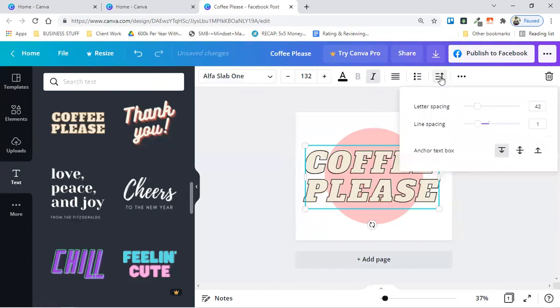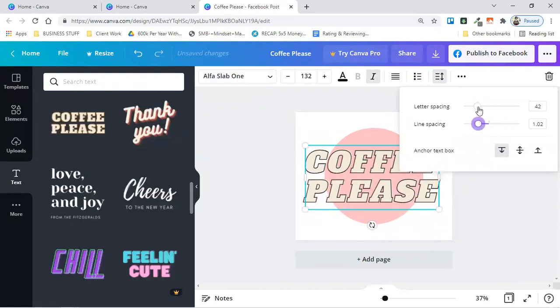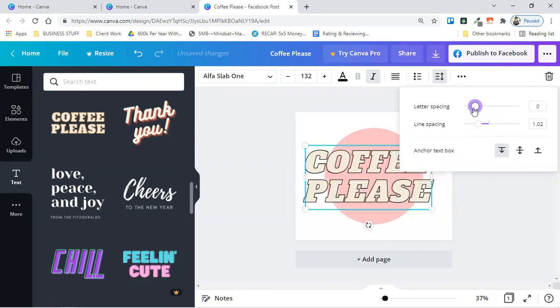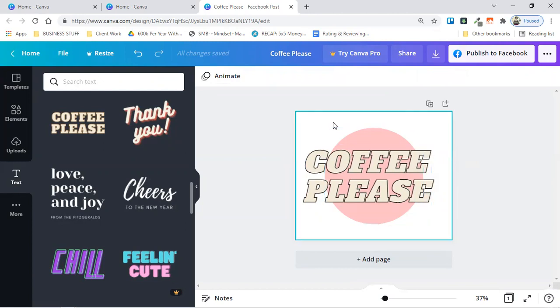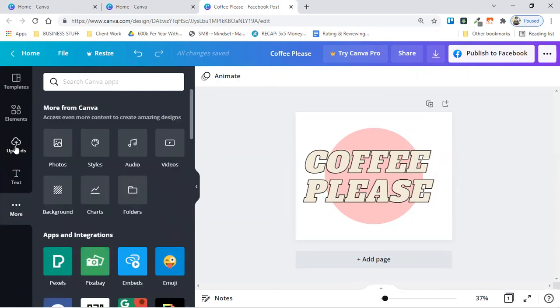If you go into spacing, you can change how it is for the spacing. So if you want more space in between the lines, if you want more space between the letters, those are great options as well. So now that we have that, that is our text. There's not really much else to show you for that. You go into more,